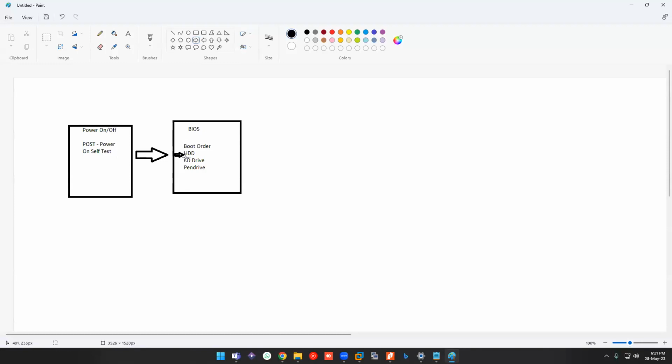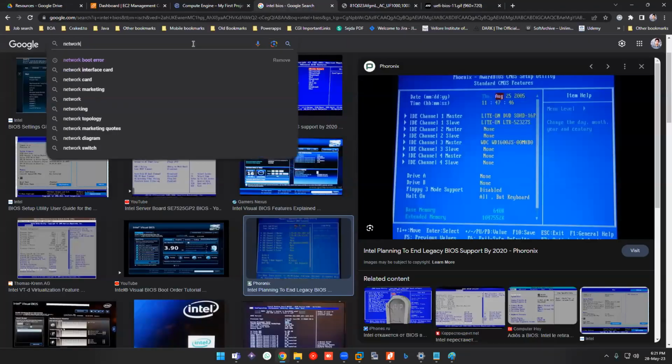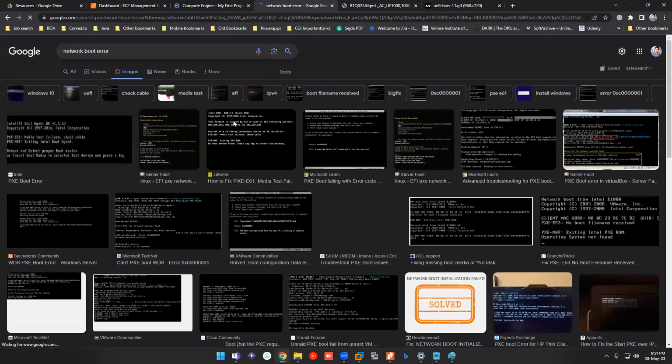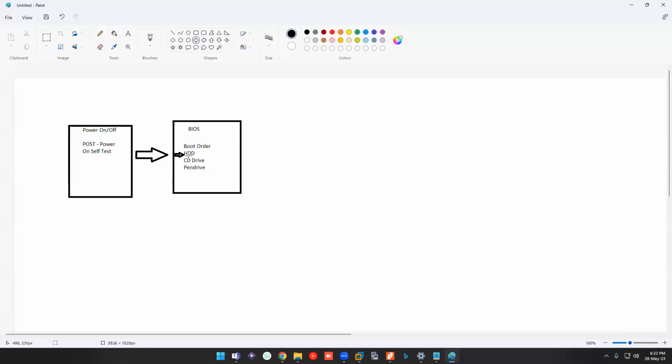So first thing, it must be a bootable disk. What is a bootable disk? That we will see later, but the bootable disk is the one that should be booted, right? If it is not, you might see this error: a network boot error. In some weird cases in your laptop, if it didn't detect your hard disk, you might have seen this PXE ROM error. This is like no boot device found, meaning it didn't find any of these.